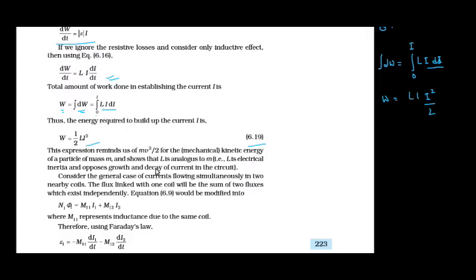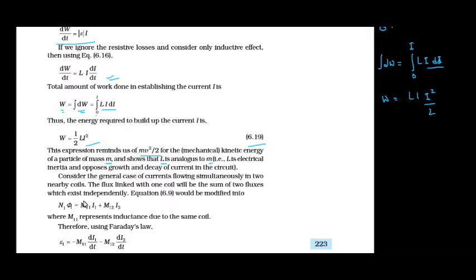This expression reminds us of mv square by 2 for the mechanical kinetic energy of a particle of mass m, and shows that L is analogous to mass m. L is the electrical inertia and opposes the growth and decay of current in the circuit. Consider the general case of current flowing simultaneously in two nearby coils. The flux linked with one coil will be the sum of two fluxes